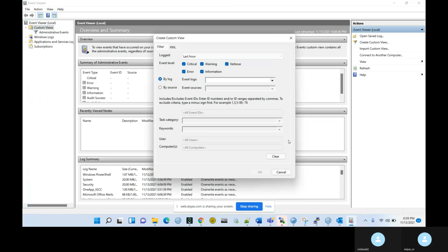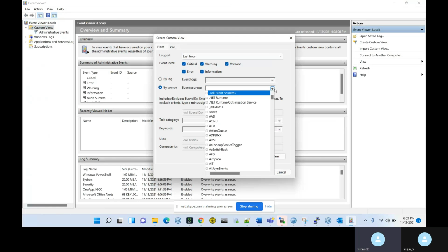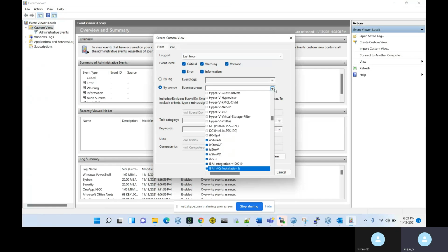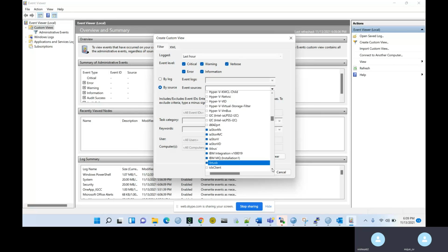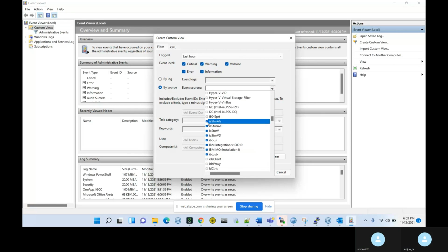Expand and click on By source. Select IBM IIB application. Should I deselect the other things? Yeah.